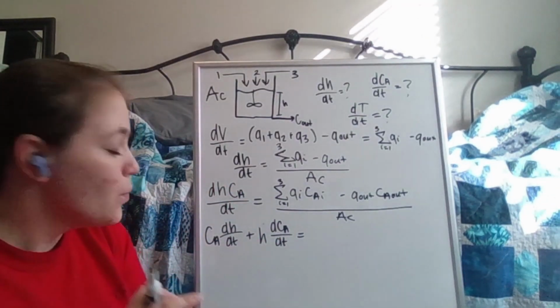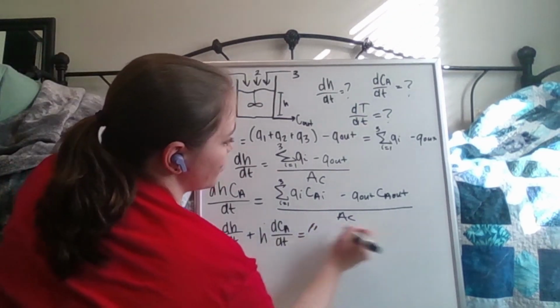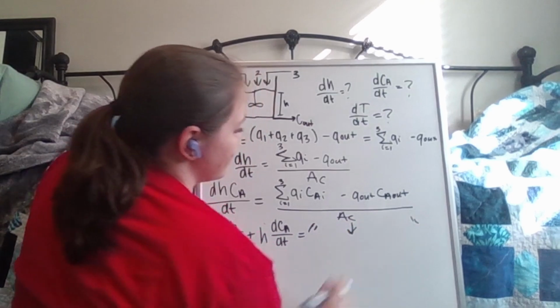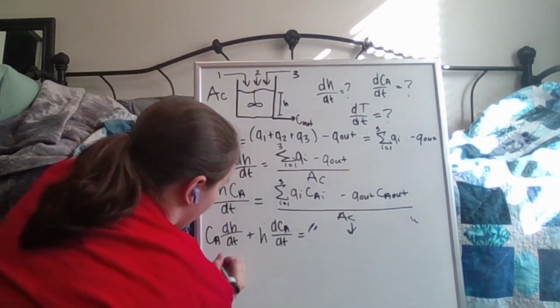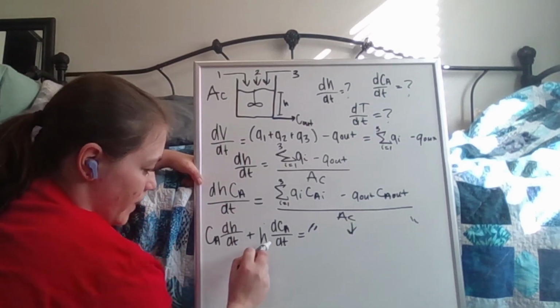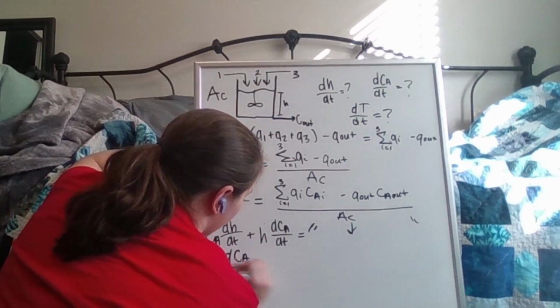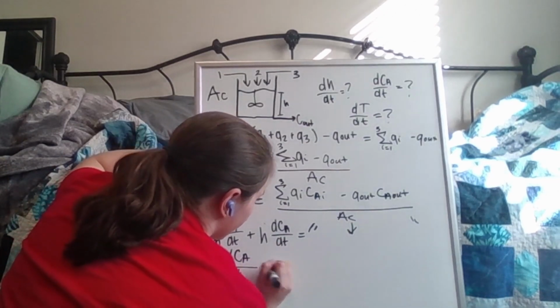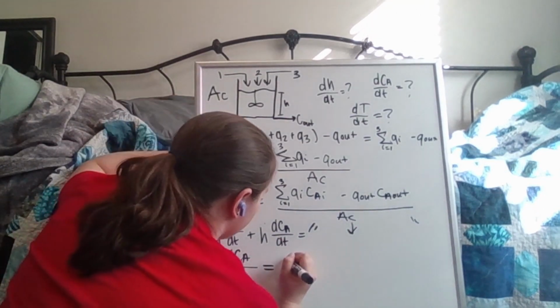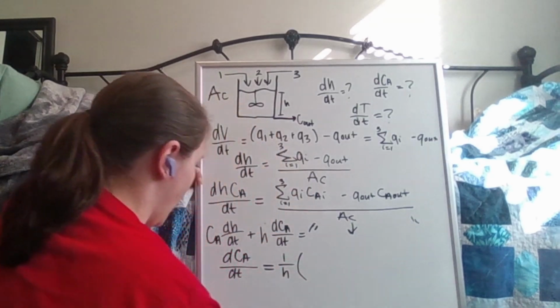All right, and so when we do this and move everything over and then divide by the cross-sectional area, we get, well, let me just put quotes right here just to make life easier. I'm not going to rewrite that. So what we're going to do is subtract this over here and then divide everything by H. And so what we end up getting is dCA over dt, that is equal to 1 over H multiplied by